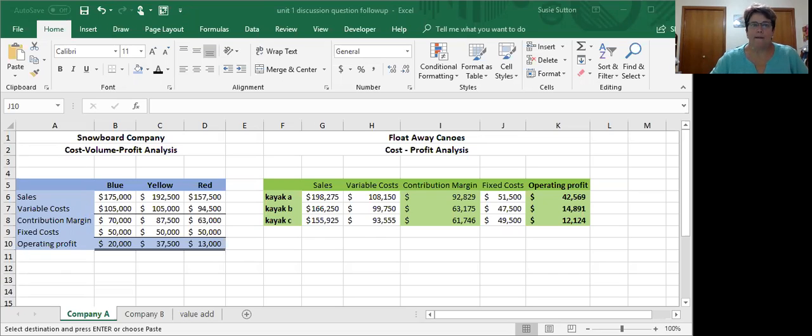But if GAAP were establishing the guidelines for producing these statements, that meant every company had to provide the statements the same way. And different companies